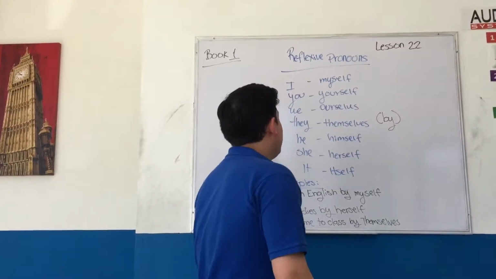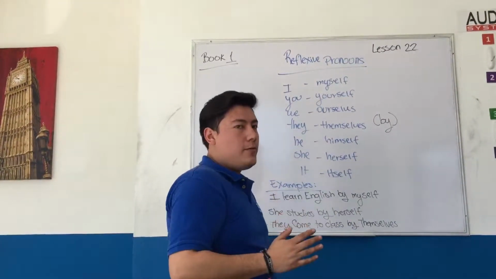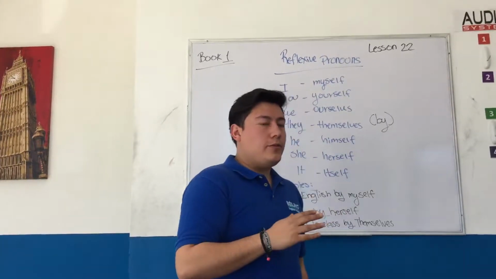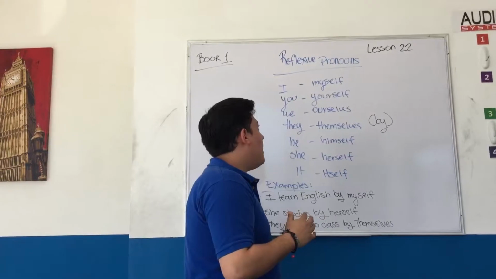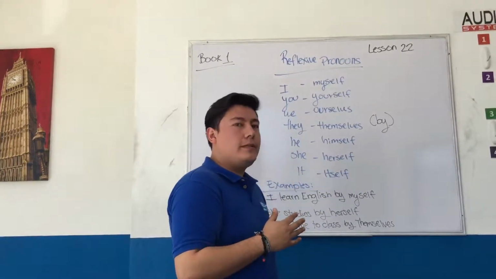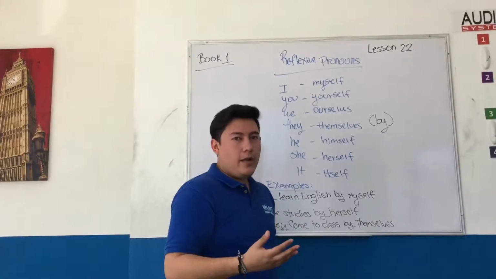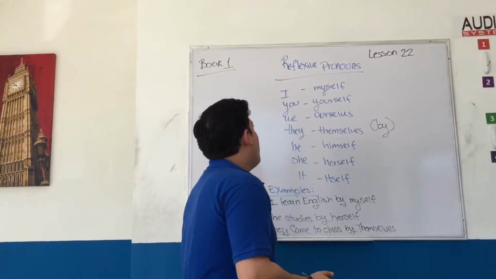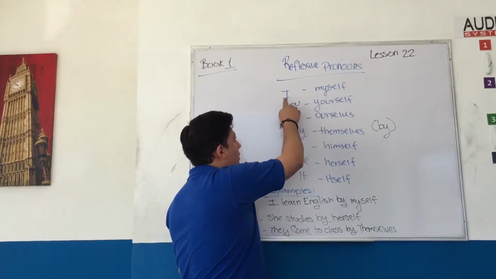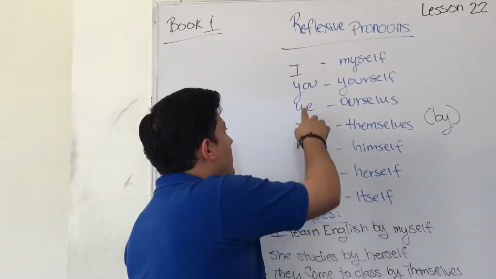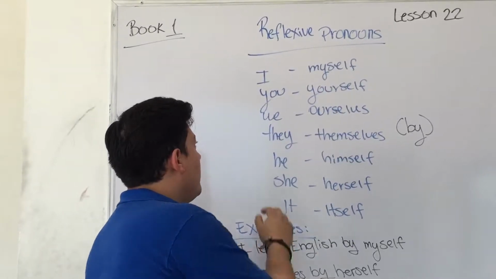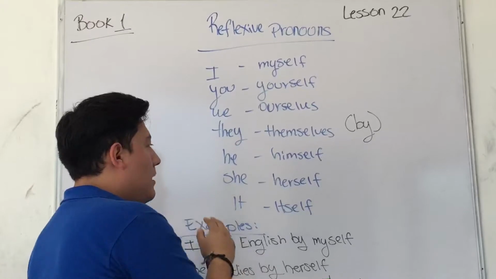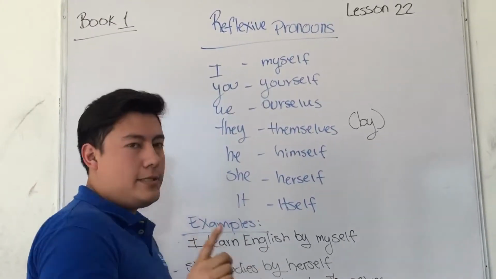Okay, lesson 22, reflexive pronouns. In this lesson, we're going to see reflexive pronouns. What are these? These words are used to indicate that we do some activities by our own, or someone does the activities by their own. For example, we use myself when we're talking about I, you, yourself, we, ourselves, they, themselves, he, himself, she, herself,